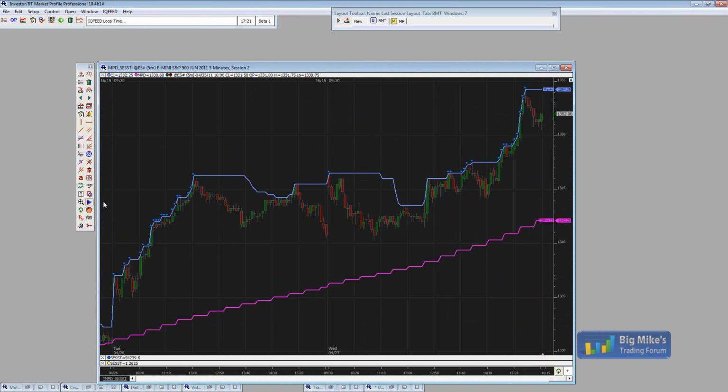One thing I've done new in 10.4, again, this is not available yet, is trend lines. Let me just add a trend line here. Let's drag it from here maybe to here. Now, with trend lines, in the past you could drag either end and it would move that end. Now if you drag the endpoint, it moves that endpoint. But if you drag the starting point,